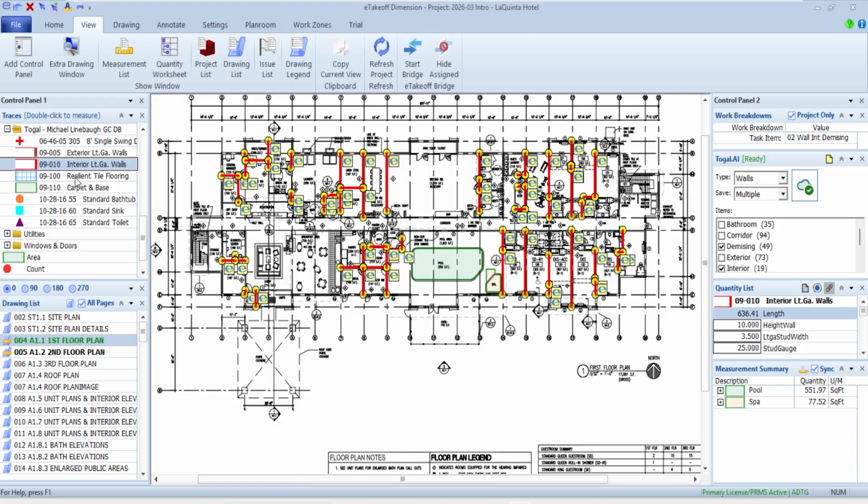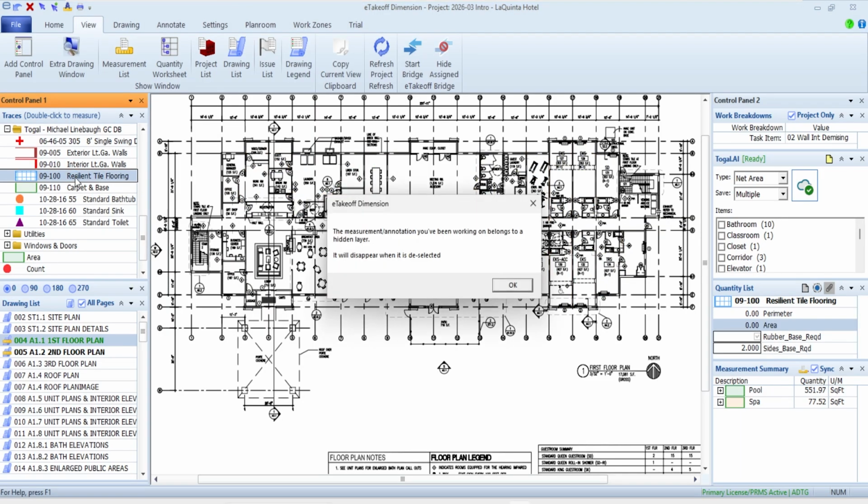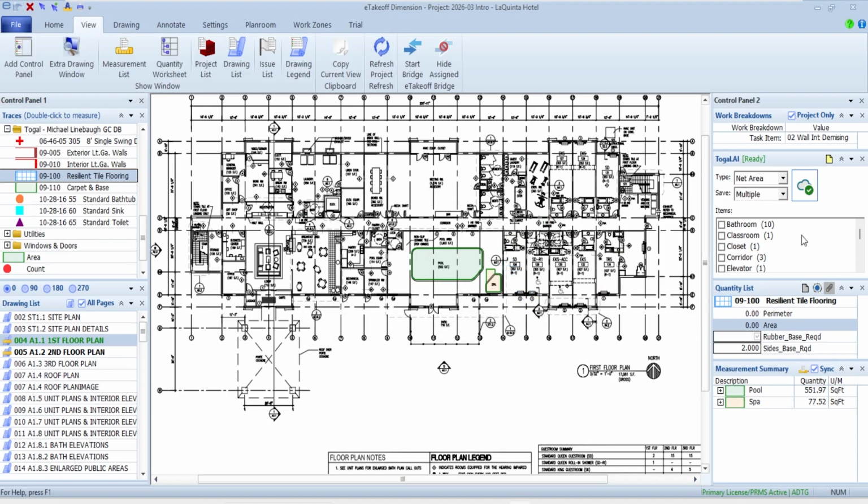So I'm going to go ahead and say that I want to do some tile. I'm going to go off to maybe, for the tile, maybe that was in the bathroom. So I automatically picked up my bathrooms. Let's say the kitchen's going to be the same product, so I'm going to pick up the kitchens. And there again, this is where I could go down through and answer the questions. And the only thing I'm going to do different here is I'm going to say I only need one side of base for those walls.